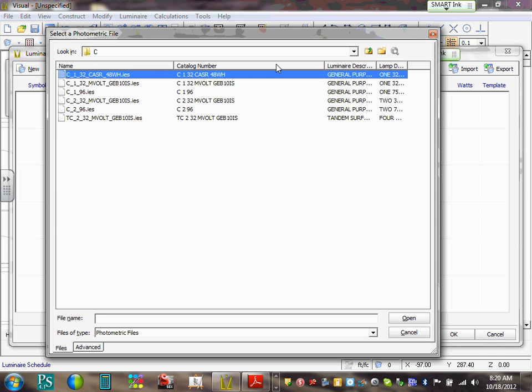C232 in bold. Okay, can you guys look at the example here? Everybody can see the example right here. This is how we write the catalog for the fixture. It says C232